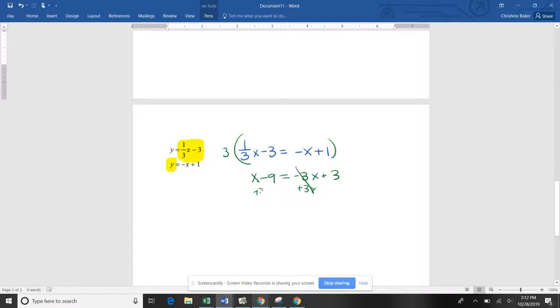I'll add 3x to both sides. I'll add 9. And x is equal to 3. Subbing that back in, y is negative 2. Sorry, I'm out of time in this video, so I'm not going to check my